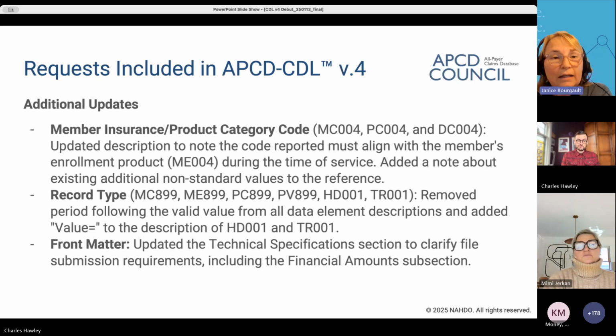There was a note added that highlighted the use of non-standard product codes in the appendix. The record type descriptions in each of the files also got a little bit of cleanup. And in the front matter, language was updated to clarify submission requirements, with additional guidance on the reporting of the financial amounts.